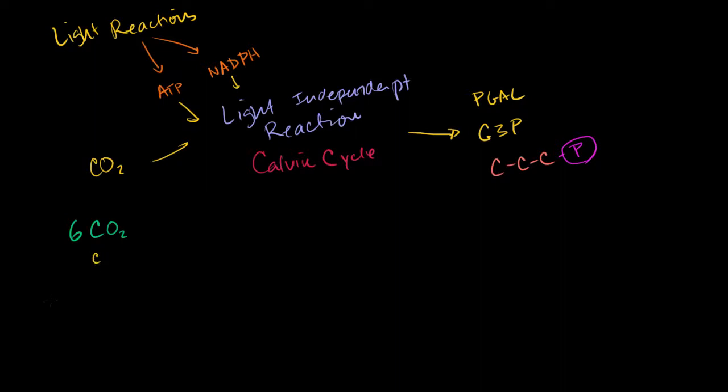I'm not showing you the oxygens on here. And what happens is the 6 CO2s essentially react with, and I'll talk a little bit about this reaction in a second, 6 molecules of this molecule, and this is going to look a little bit strange to you. You could call it RuBP. That's short for ribulose biphosphate, sometimes called ribulose 1,5 biphosphate. And the reason why it's called that is because it's a 5-carbon molecule, so 3,